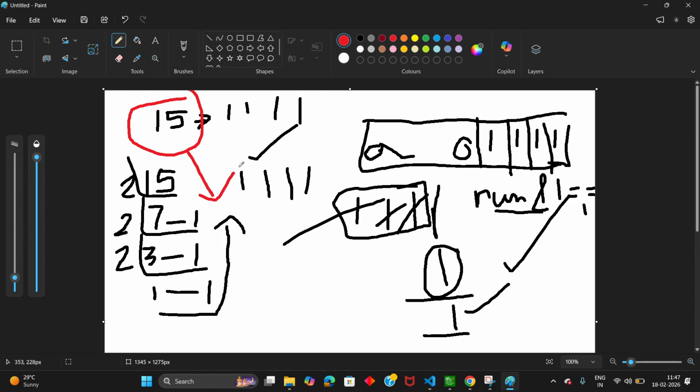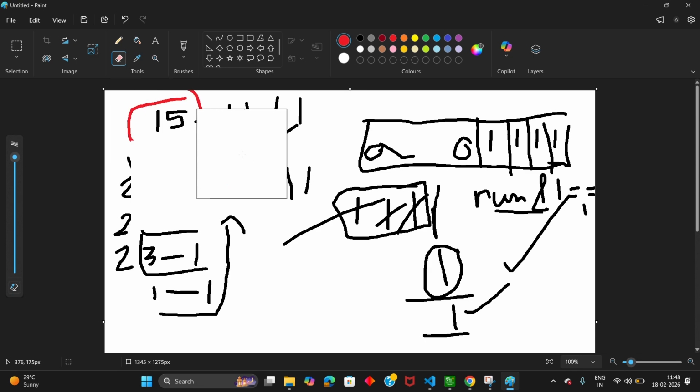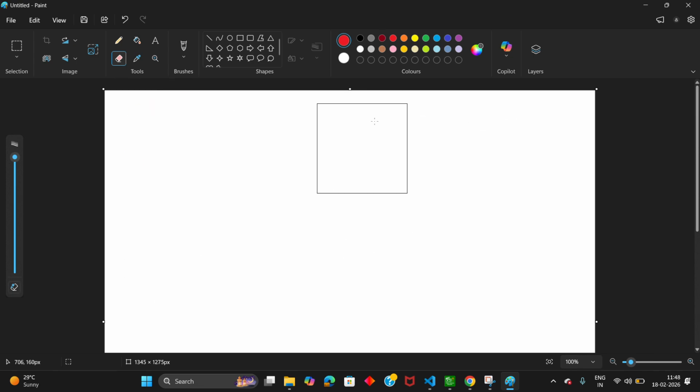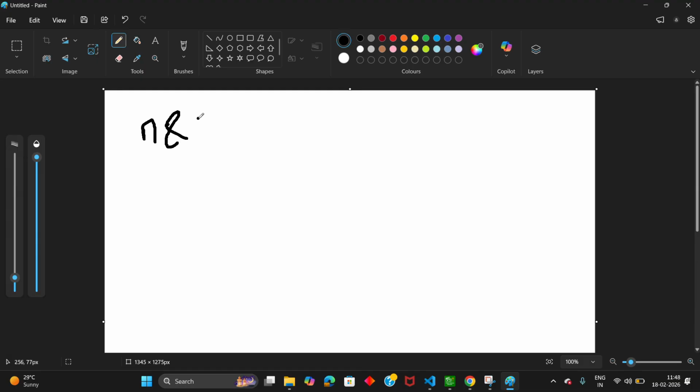So from both cases, we conclude that whenever n AND 1 gives the value 1, if this condition is true, then it is an odd number, else an even number.